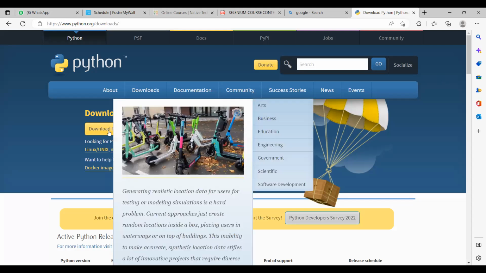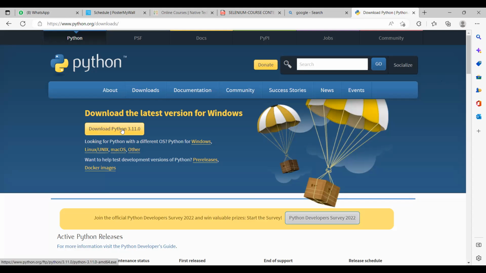So let us see here. On the Windows operating system, the latest version is 3.11.0. Every month or every 15 days the versions will change, as certain features might be upgraded to the existing system. So 3.11.0 is the latest version. If you want to download for Windows, you can click on this. If you want Linux or Unix related platform software, you can click on this. Mac or other operating systems as well. Anyhow, everybody is using Windows, so I would like to download